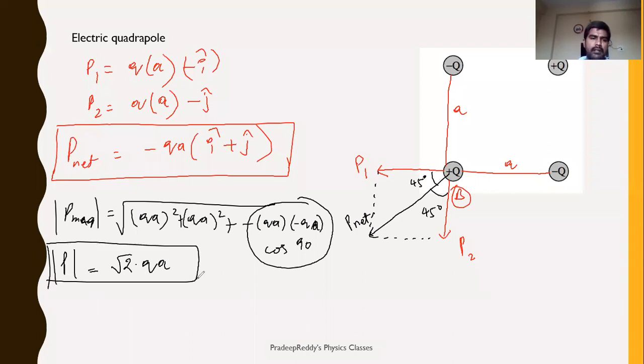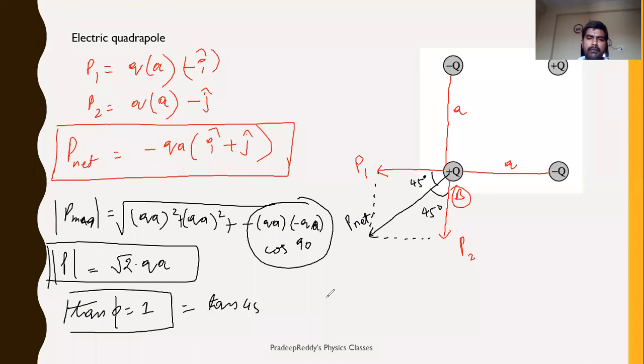This is the magnitude. And what about direction? Direction you can take it as tan phi, which is equal to 1. Obviously this is 45 degrees. From figure you can check it up. So tan phi will be equal to 1. This is equal to tan 45. So therefore phi will be equal to 45 degrees. So dipole vector, net vector is making an angle of 45 degrees with respect to either x-axis or y-axis. Suppose if these two vectors are making another angles, it may be 60, 30, 40. What you'll do? Simply use parallelogram law of vectors and find out the resultant magnitude. And after that you can use tan phi for directions. That gives you the direction of the net dipole moment.